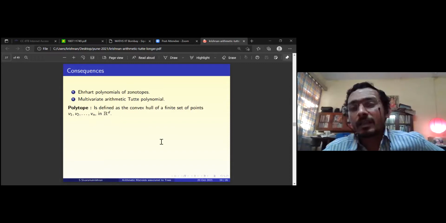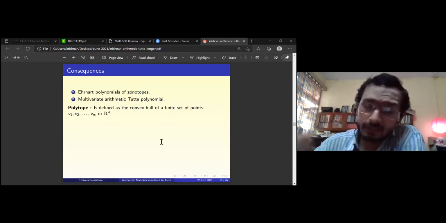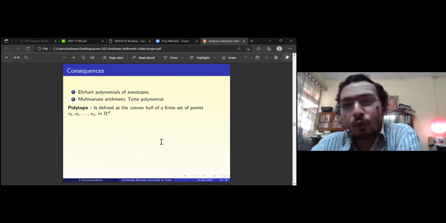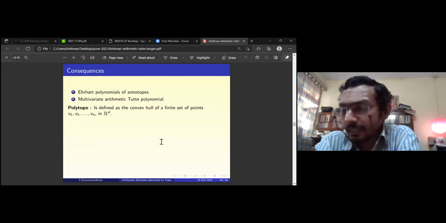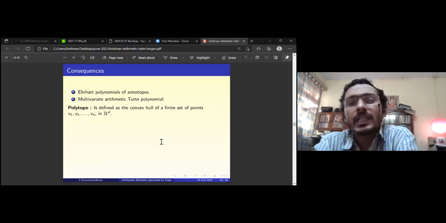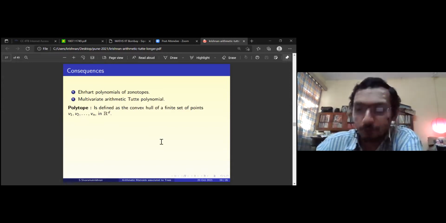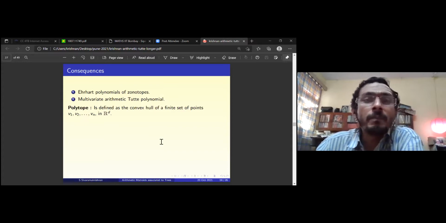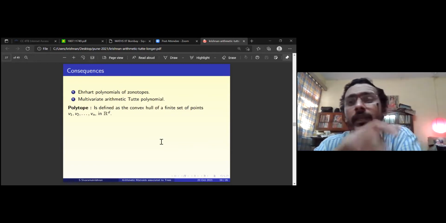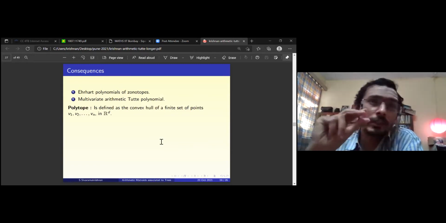So this arithmetic Tutte polynomial has another consequence in another very interesting area, which is what we study. I taught a full course last January, in this pandemic period. This is 2021, no? So 2021 January to April, I taught a full course out of a book, which I'm going to refer to and show below, in which we have these things called zonotopes and Ehrhart polynomials. The Ehrhart polynomial is again a very interesting polynomial associated to a polytope.